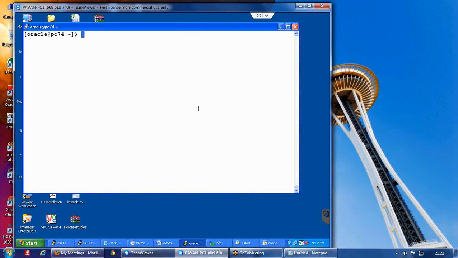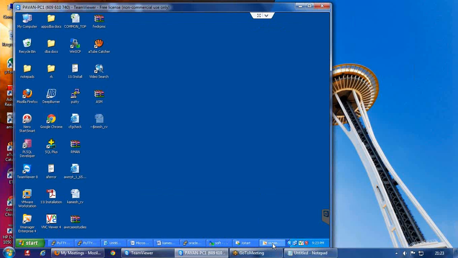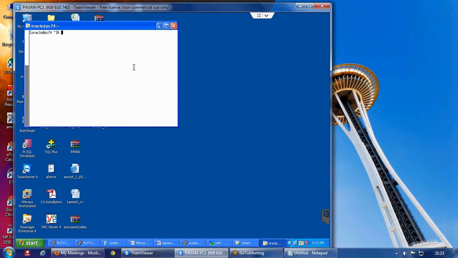So again, this DBCA or Database Configuration Assistant is a graphical tool. So definitely again we cannot invoke that through this particular putty session. We need to do that in Xmanager session or VNC viewer. So I came down to Xmanager session again, and to invoke Database Configuration Assistant you need to type dbca and hit enter,